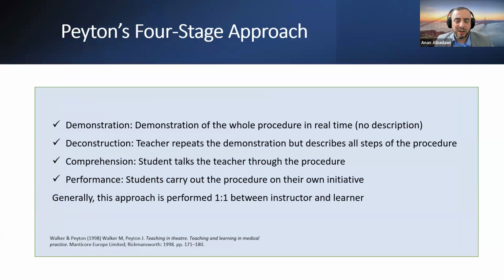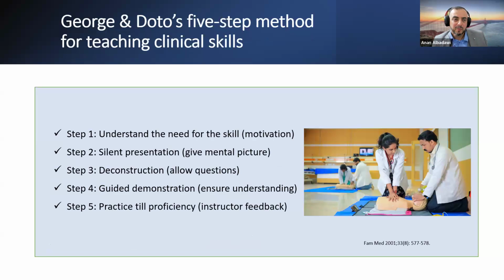Peyton's is one of the commonly used methods where the instructor demonstrates the skill three times. The first one is without interruption. The second time is with explanation. The third time is with learner guidance. And then finally, the learner will have the chance to practice the skill. But usually, this approach is performed one-to-one between the instructor and learner, but many people are using it for multiple learners nowadays. George and Doyle's five-step method is another approach where initially